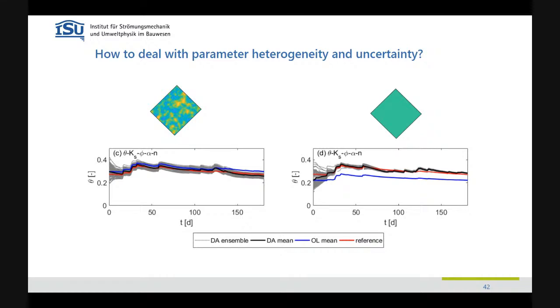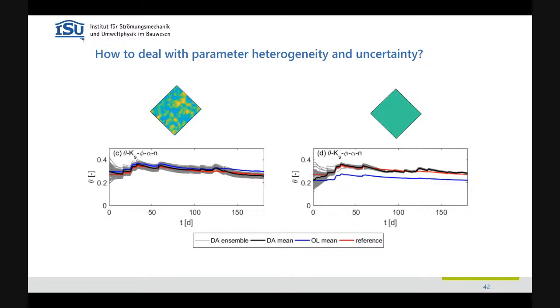From which we might want to calculate fluxes, but we didn't do that yet. So this is just the mean, so to say. And again, data assimilation improves the prediction. But the point I wanted to make, what is an important difference here: if I acknowledge heterogeneity, I keep the uncertainty in it, and my truth is covered by the spread. While if I don't do this, I'm getting overconfident and the spread gets rather small.